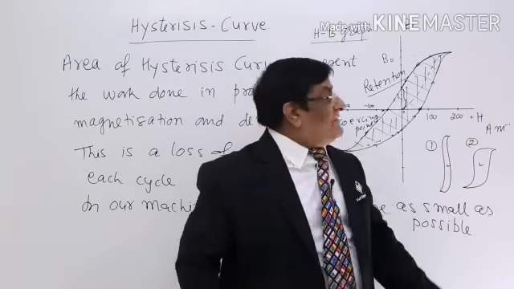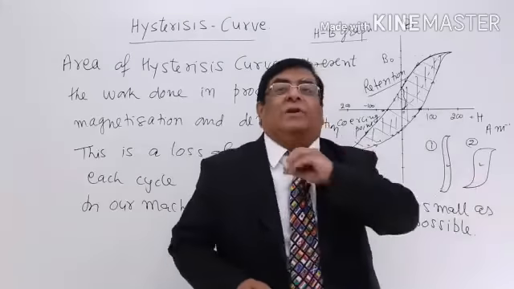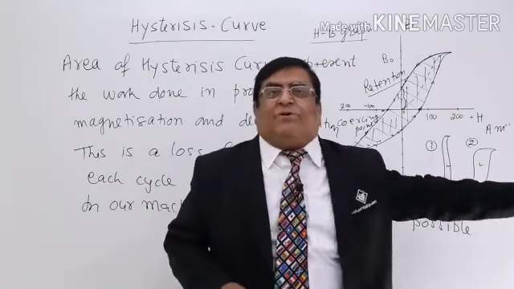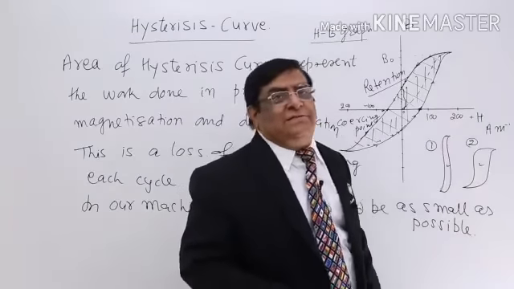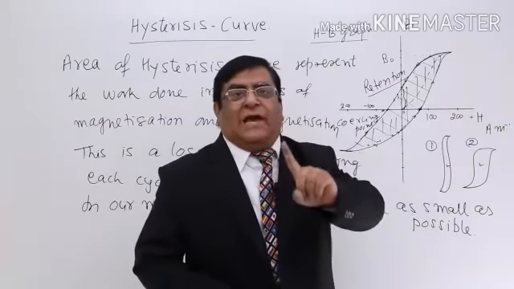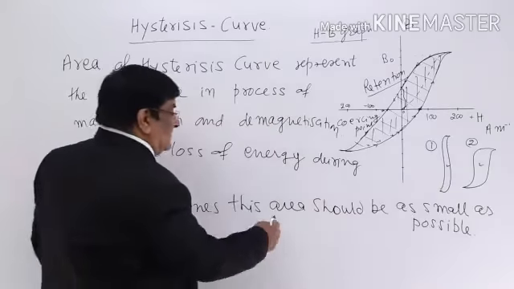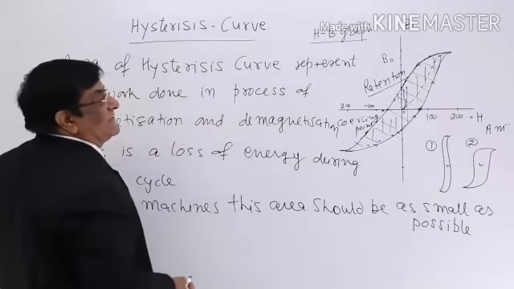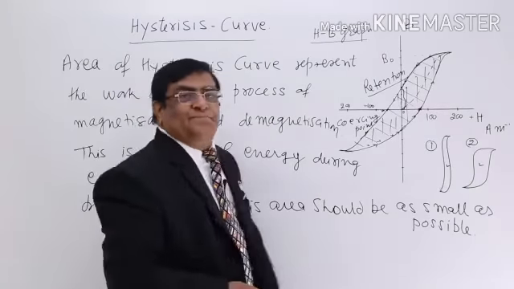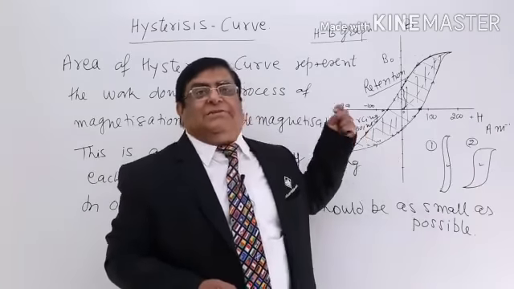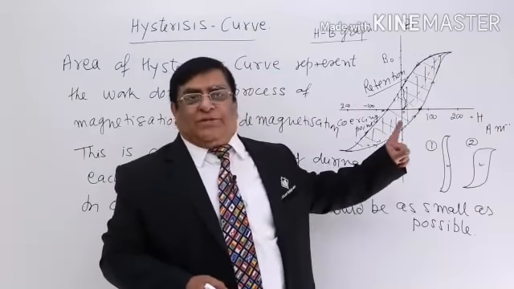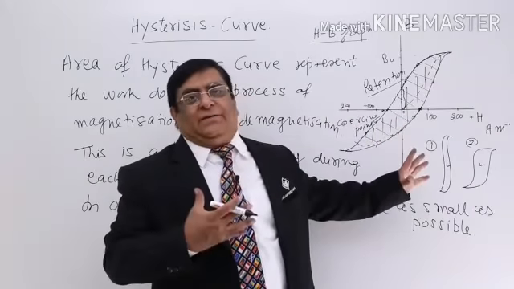When we see the hysteresis curve has a large area, we will outright reject the machine because the losses are very high. So we want the hysteresis area to be as small as possible. This is important. Area should be as small as possible. So this is all about hysteresis, the hysteresis curve, its importance, and how we check it.